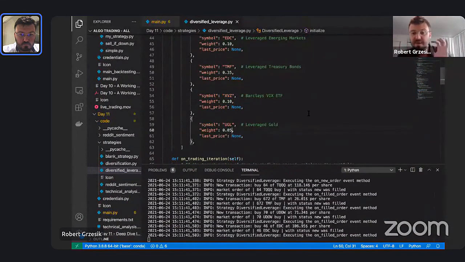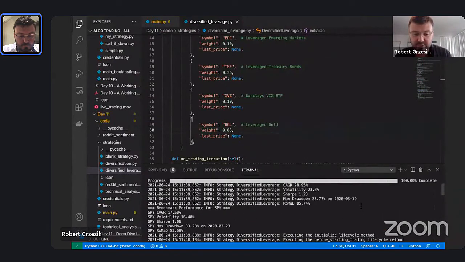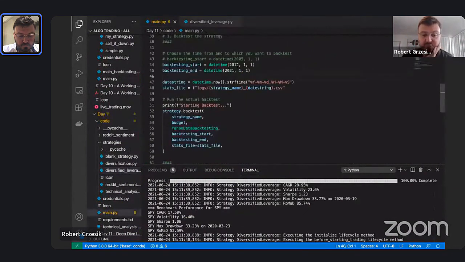This is one that I've actually put some of our money into. Not all, but some good chunk of our money into this strategy, and I'll tell you why. When we look at the back test, what we can see here is, look at this. This strategy, over that same time period, over this 2012 to 2021, that 9 years there.